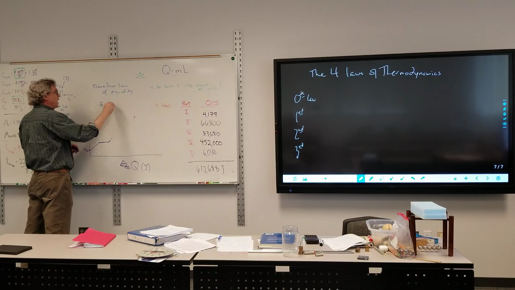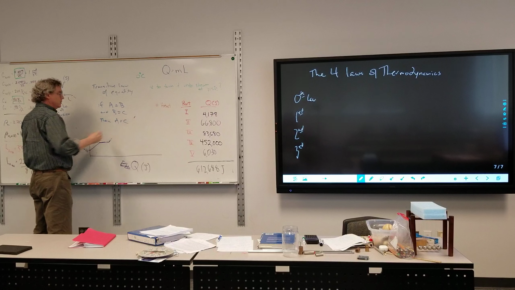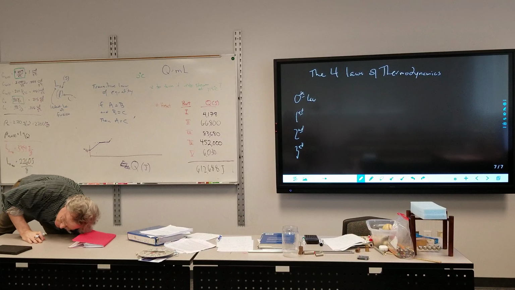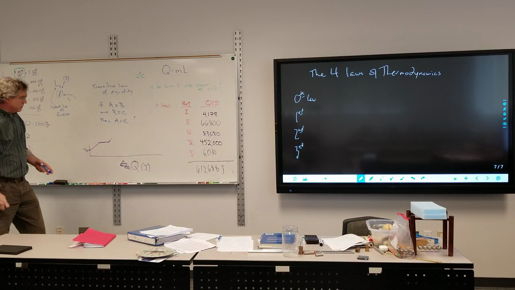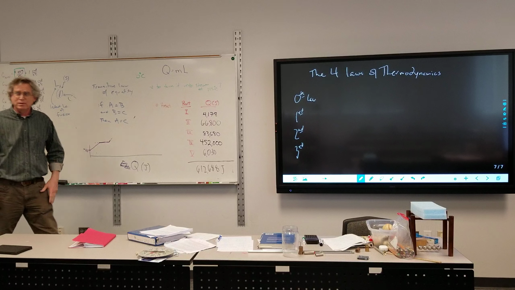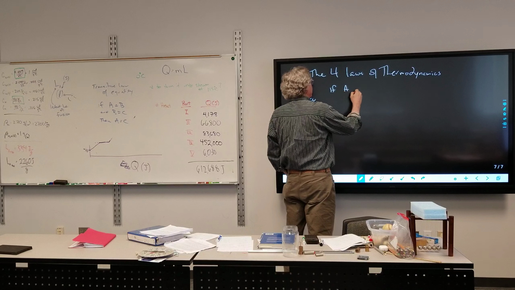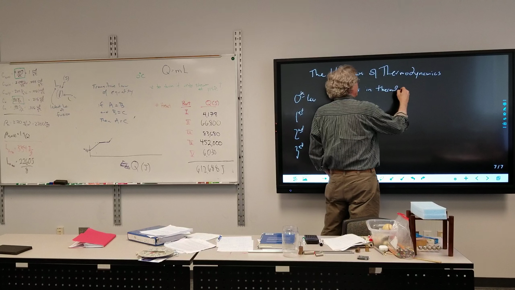If A equals B and B equals C, then A equals C. I know, you're looking at that going, why didn't anyone tell me this before? The reason I bring it up is the 0th law of thermodynamics is basically the same thing, except I'm going to use more words. If A is in thermal equilibrium,